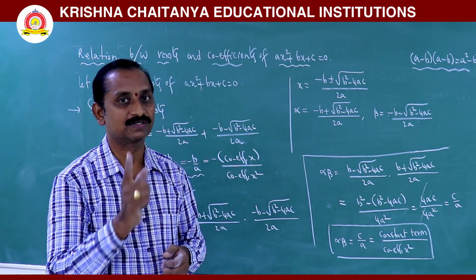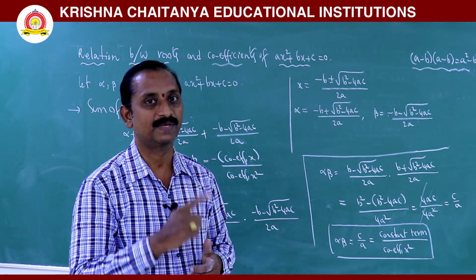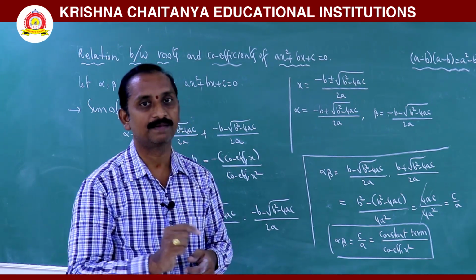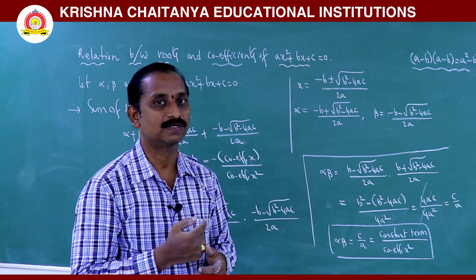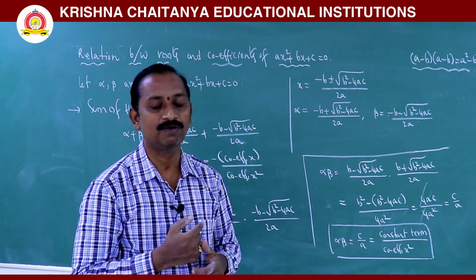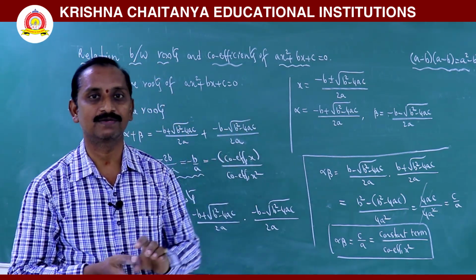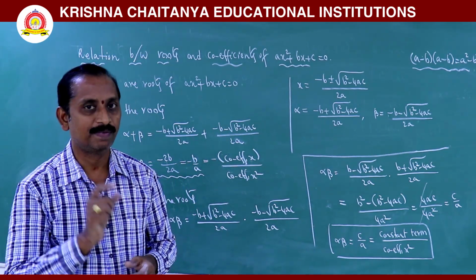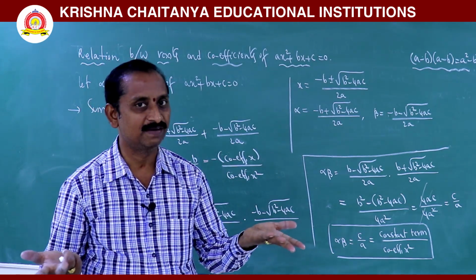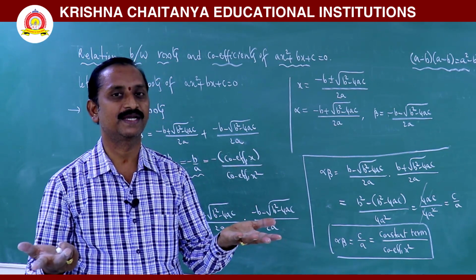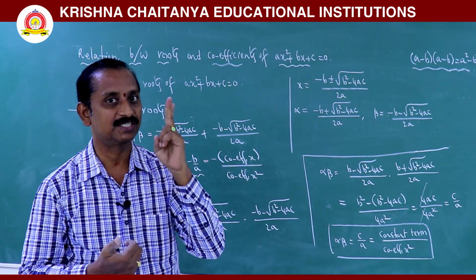Quadratic polynomial is ax square plus bx plus c, in which a not equal to 0, and the degree should be 2. Cubic polynomial is ax cube plus bx square plus cx plus d, in which a not equal to 0, degree 3, it is called a cubic polynomial. And so on, nth degree polynomial we know that, and any polynomial of degree 2 is called a quadratic polynomial. So what is the standard form of a quadratic? It is nothing but ax square plus bx plus c is equal to 0. Degree 2, it has 2 roots.